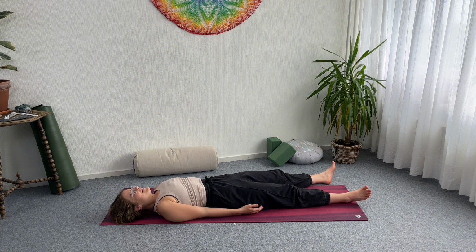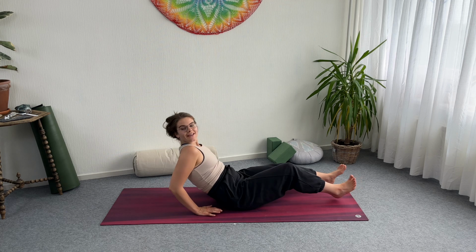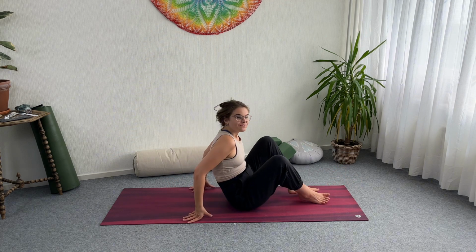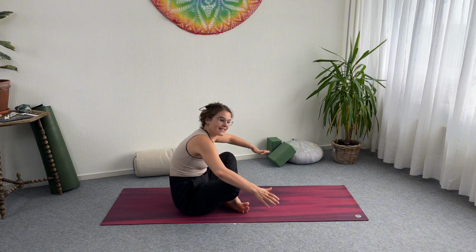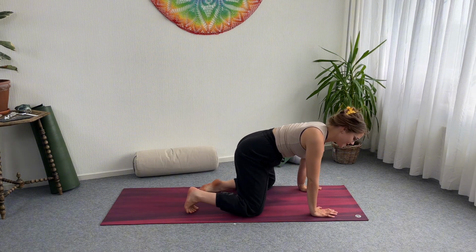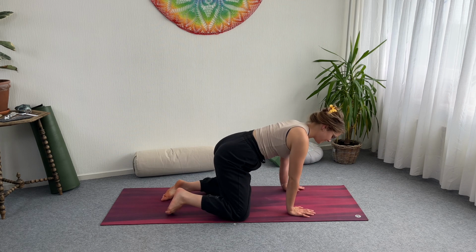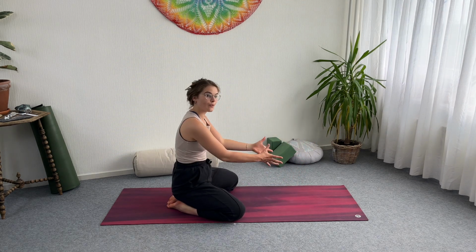Great. Slowly making your way up into a nice seat, and then actually moving through right away. We're going to come into an extended child's pose. Feet can come together, knees come nice and wide, and here you can choose if you want to bring a